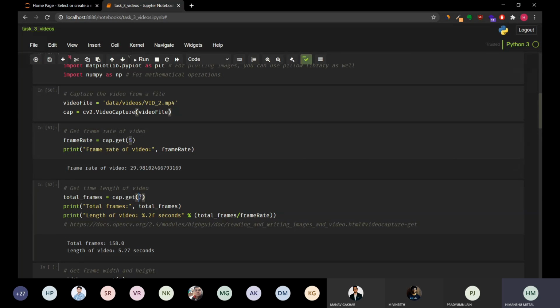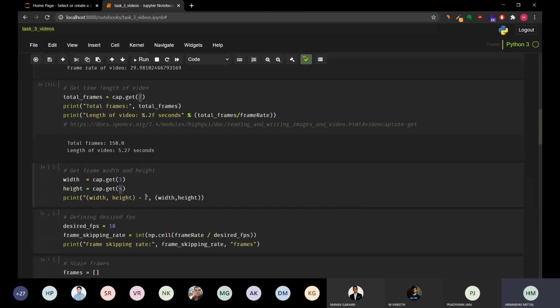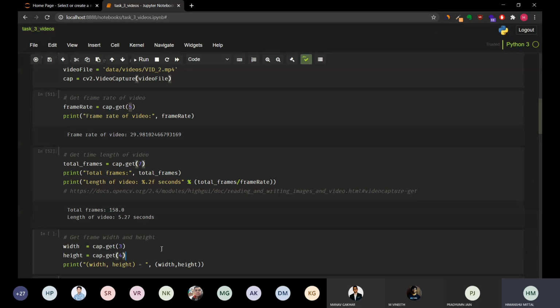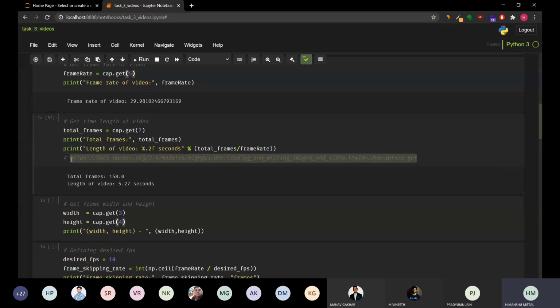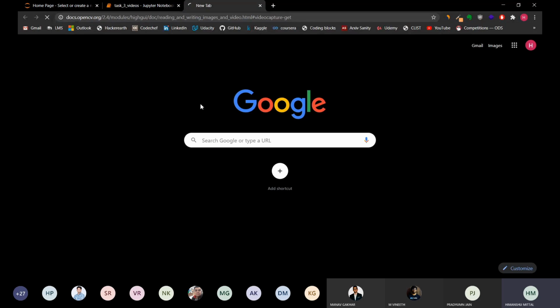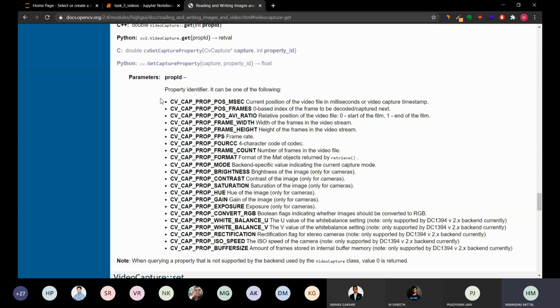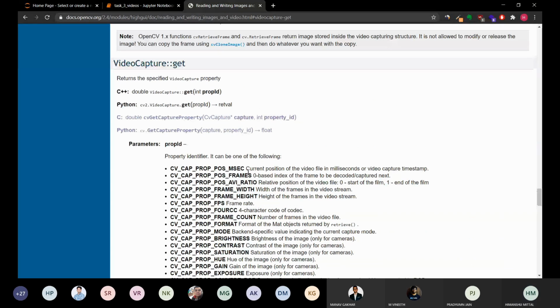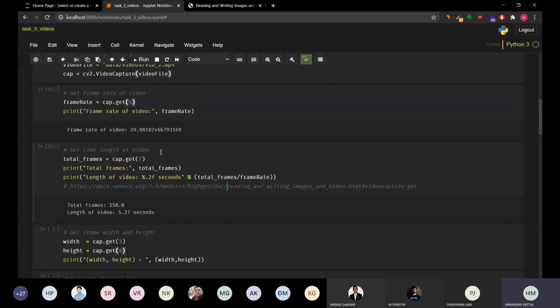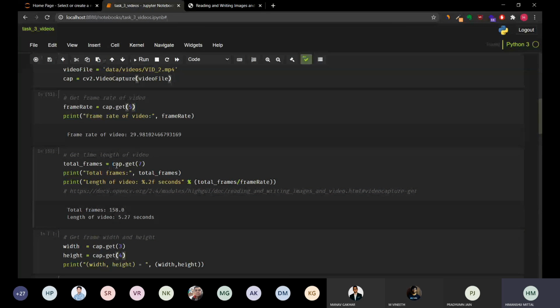So why is this 5, 7, and later you'll see 3, 4? What are these? OpenCV has a very different kind of object-oriented structure, where it uses one function to get all the things. I'll show you the documentation here: for all these properties, if you want to get brightness, you have to find index 0, 1, 2, 3, 4, 5, 6, 7, 8, 9, 10. So on the 10th, you will get the brightness of the video. This is a different kind of data structure that OpenCV uses. You only get to remember this when you work a lot with videos. So just see that, okay, 7 will give me the total frames.